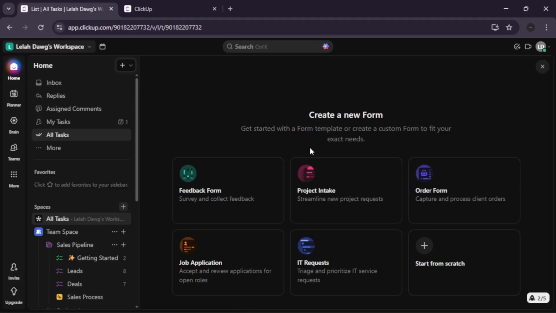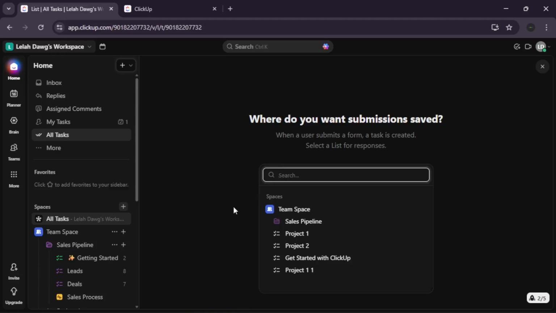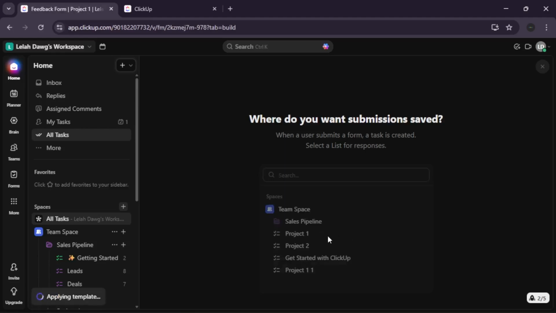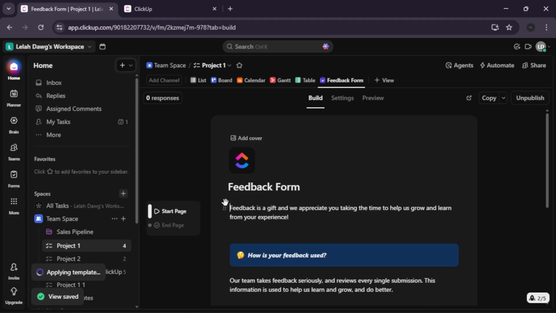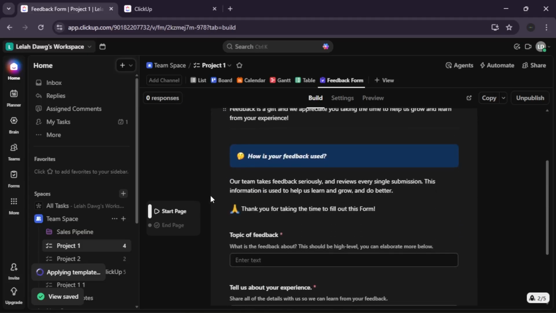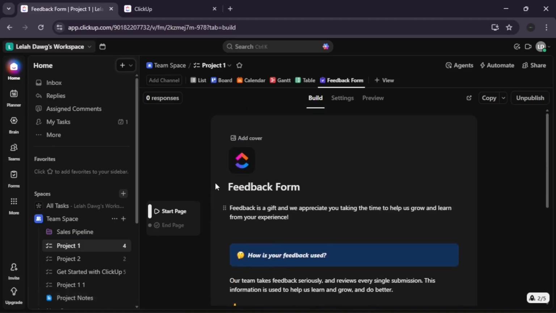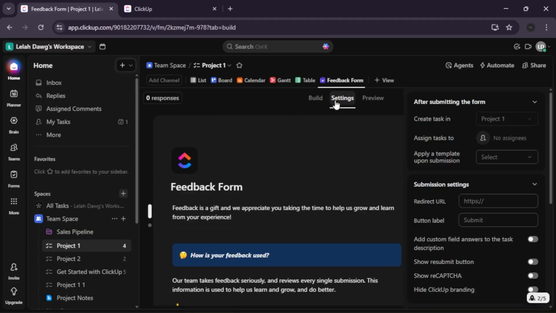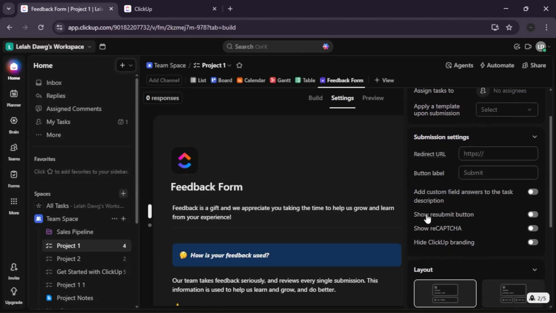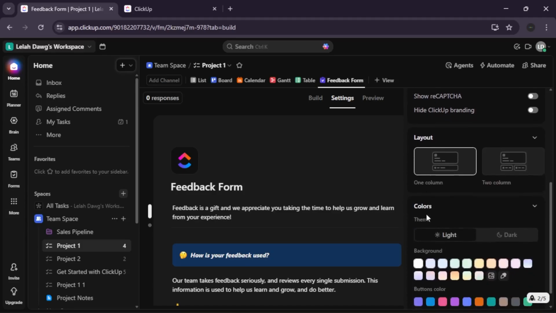from scratch. Next, customize the form fields. Use the drag-and-drop interface to add and configure all the necessary fields. Add fields: use the drag-and-drop interface to add various field types like text box, drop-down list, or date picker onto the canvas. A field is an individual input element that collects a specific piece of information. Configure: for each field, edit the label and settings, such as making it required or adding placeholder text. Naming and instructions: provide a clear form name and, optionally, add instructions for the respondents on how to fill it